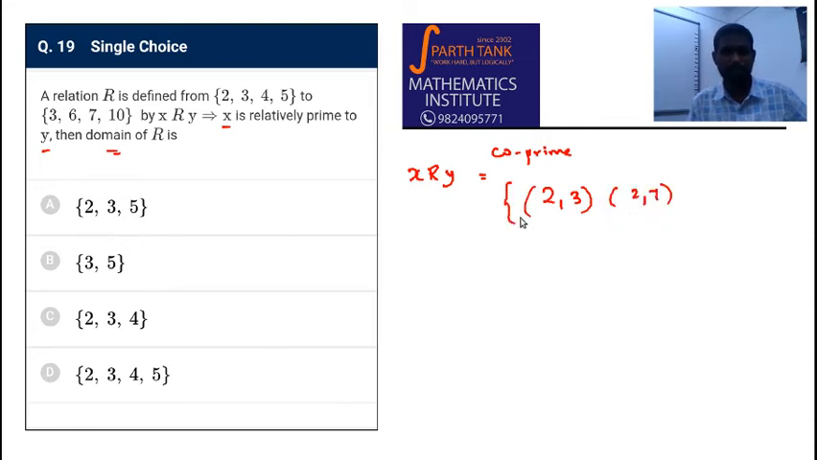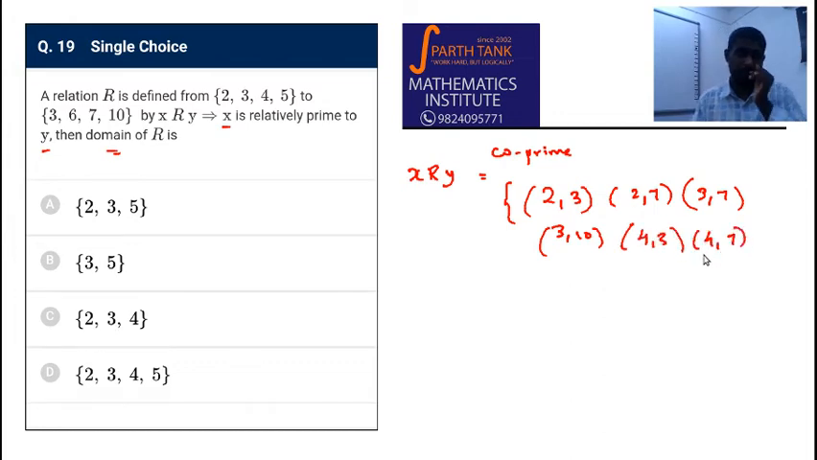I am just writing the relation explicitly. Now 3 cannot be related to 3 because they are not co-prime. 3 cannot be related to 6, but 3 can be related to 7 and 3 can be related to 10. 4 can be related to all of them. 4 can be related to 3, 4 can be related to 7, but not to 6 and 10 because they